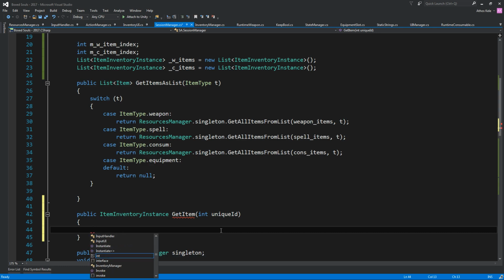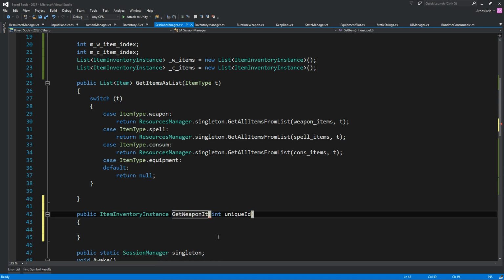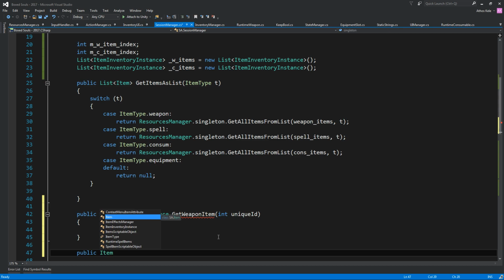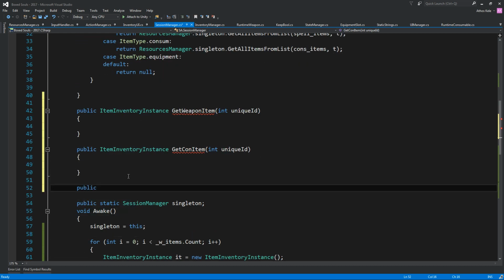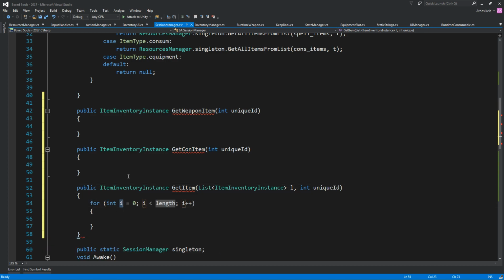So actually I want this to be get weapon item, and we're also going to create one item inventory instance get con item, integer unique ID again, and let's encapsulate it, so that will be item inventory instance get item, but you need to be passing also the list of inventory instance L with the integer unique ID. So it's going to do a for loop